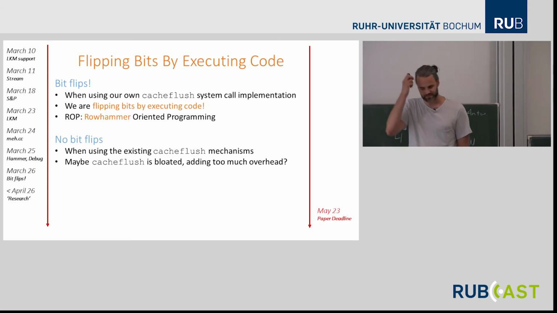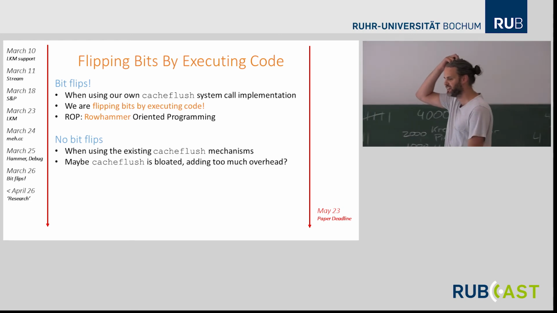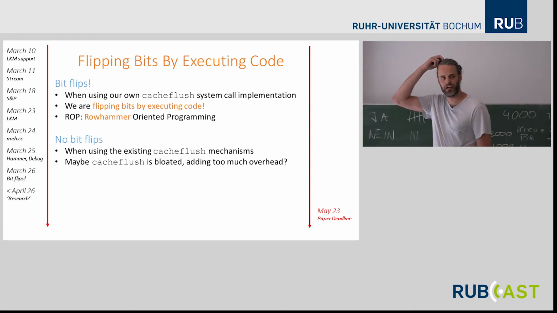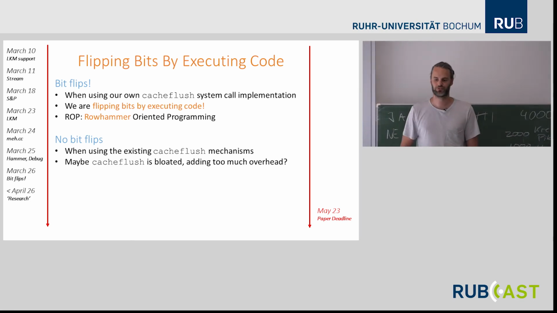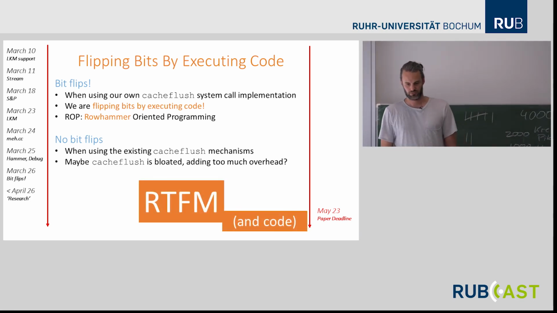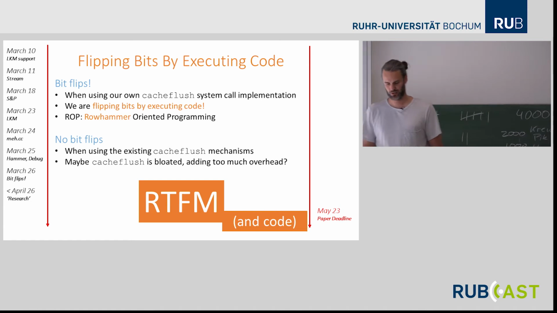So then the hypothesis was maybe this implementation of Gasflush for Android is really bloated. Maybe there's too much overhead introduced by it. So I read the manual again. I also looked at the Linux code